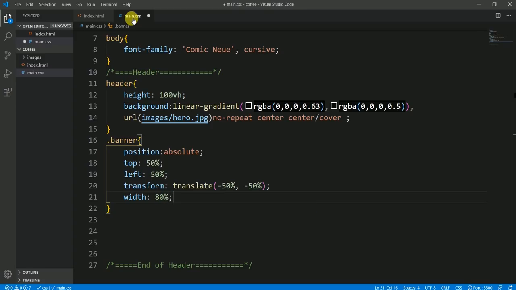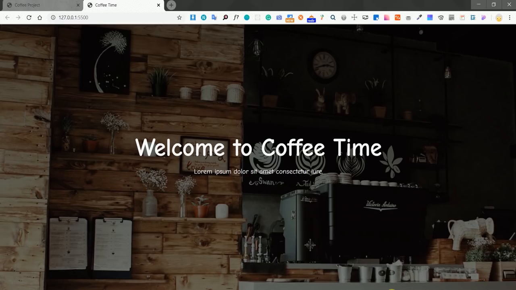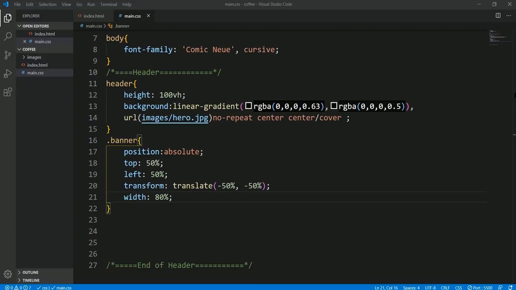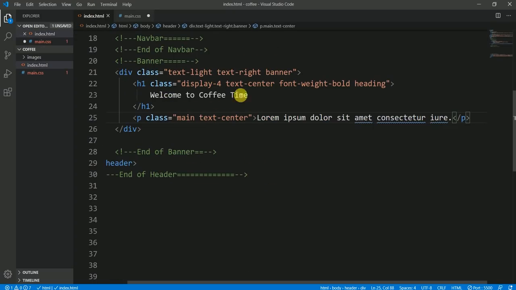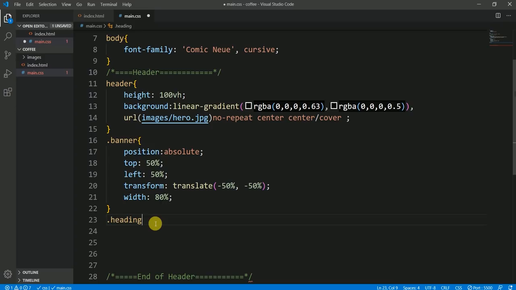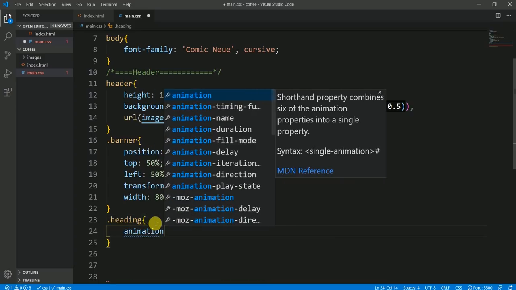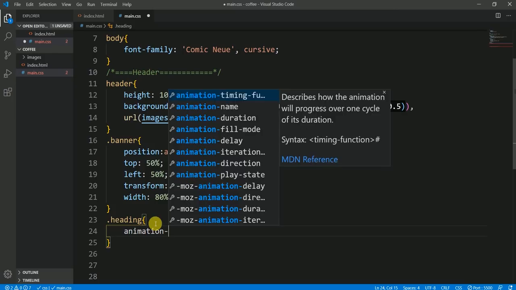Okay. Let's save it. Move on to the browser, and you guys can see it is set within the center of the banner, and there is a paragraph. Now let's animate it. So for the animation, let's have a heading class. If you guys remember, I have used this heading class here. Let me show you this one, this heading class, and after this heading class I'm going to use this main class. So right now I'm just using the heading class, and for heading let's use some animation, and animation name,